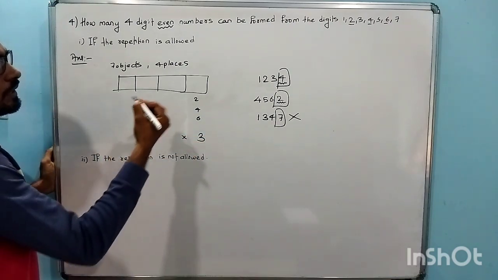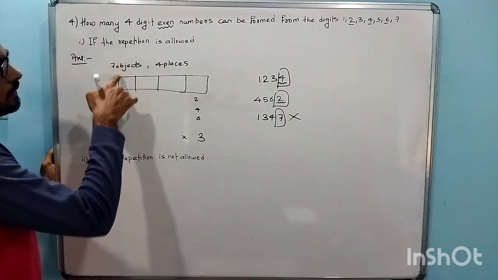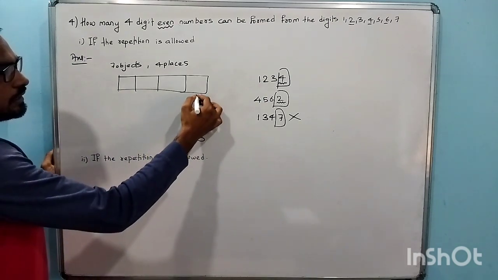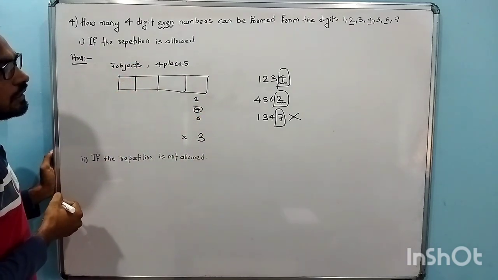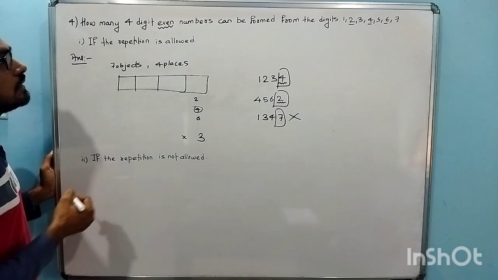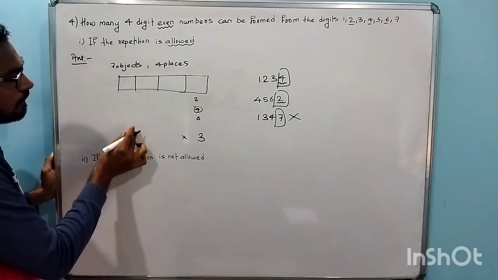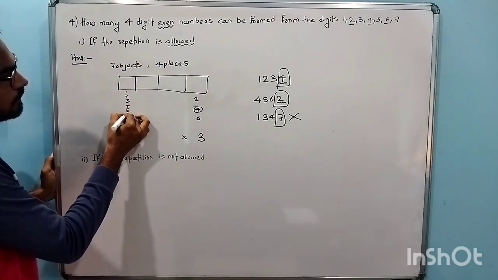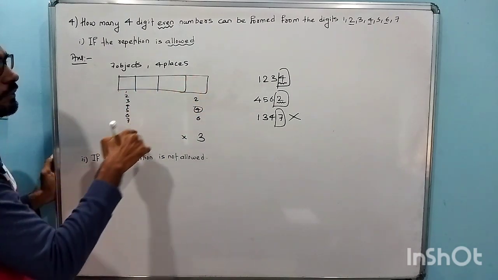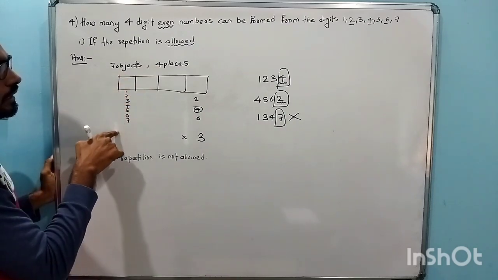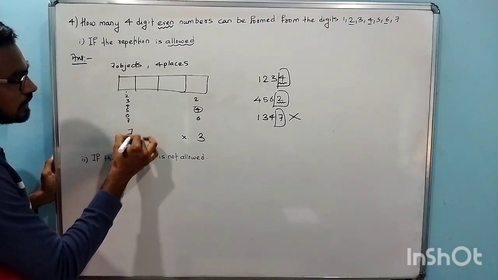Okay, now for example I have selected one of these. For example, I selected 4. Now I'll fill the first place. So how many ways are there? See, since the repetition is allowed, I still have 7 choices now. 1, 2, 3, 4, 5, 6, 7. Out of this, any one I can select, because I can repeat that. For example, if I selected 4 here, still I can select 4 here. So out of all these 7 choices, I can make any one choice. So there are total 7 choices for the first place.